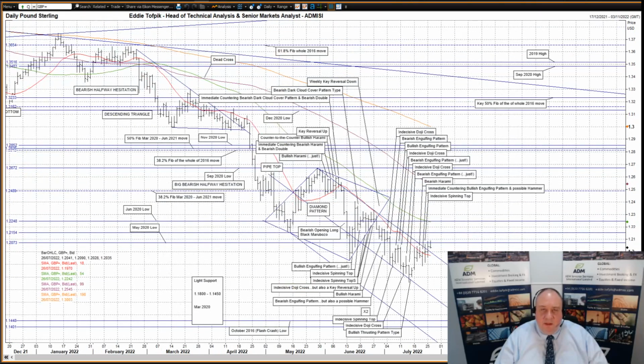Cable, aka sterling against the US dollar. A third bullish white soldier yesterday. There was a continuation, albeit a slow one, from last Thursday's combined immediate countering bullish engulfing pattern and hammer pattern. However, the most notable feature was that yesterday was the first close above and outside the upper time, currently